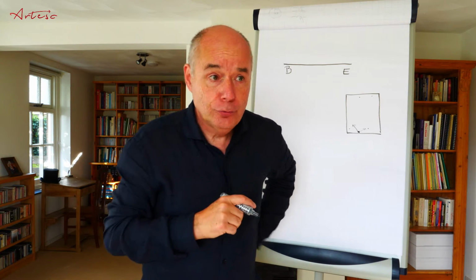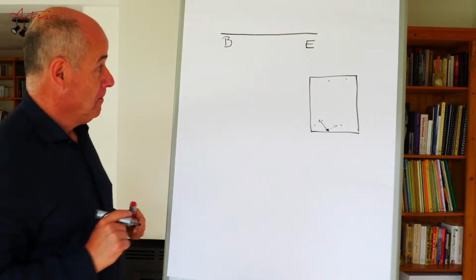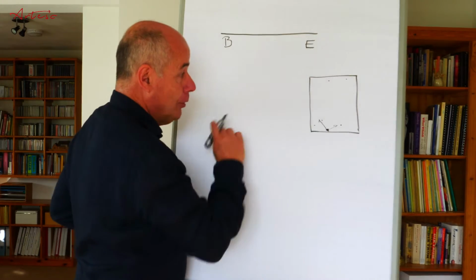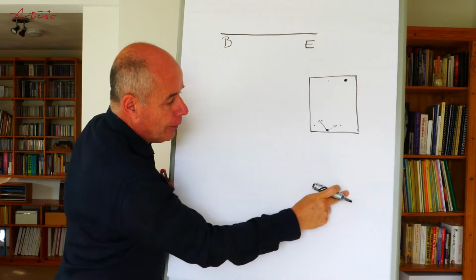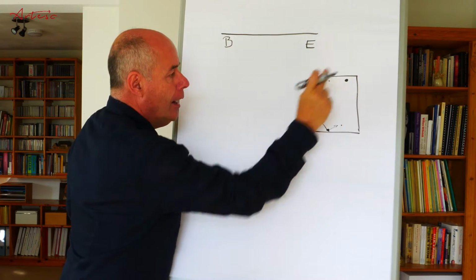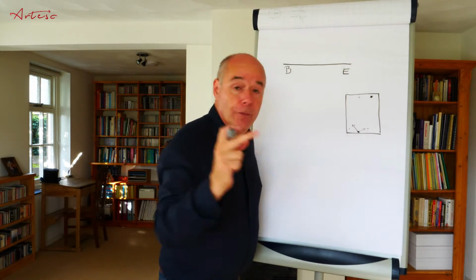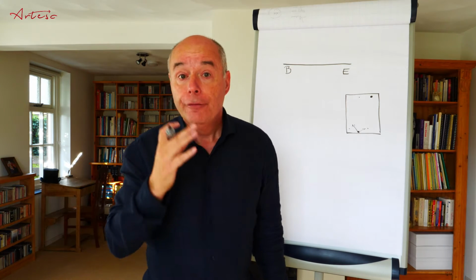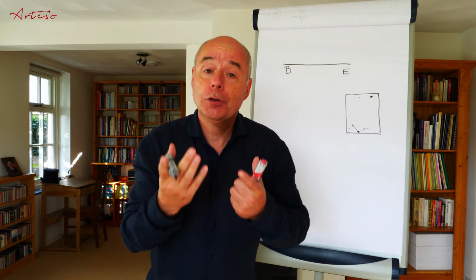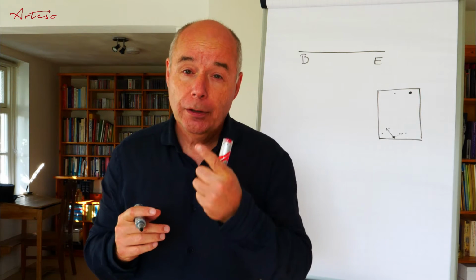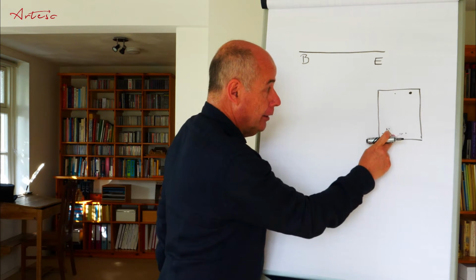If you make a train journey to Rome, you take another train than if you make a train journey to Uppsala. Okay, so train journey to Rome, so Rome it is. So this is Rome, that's where we're going. So we shouldn't go that way. We shouldn't go that way, it should be somewhere that way. Now, what is the pathway that you should take to get from here to there? Obviously, the pathway that brings you there fastest if you give a pitch. But you also want to do justice to what you are presenting. So what we're looking for is the shortest possible route from here to there.